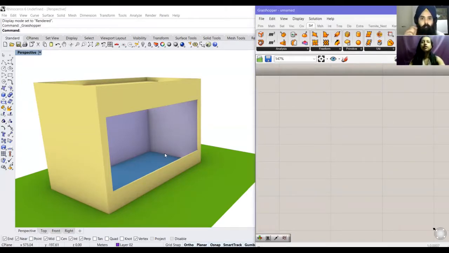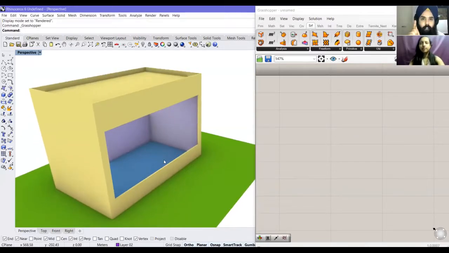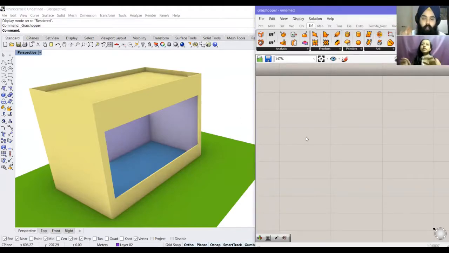For the viewers, what you type on the right side in Grasshopper is going to be displayed on the left side in Rhino. The preview is on Rhino. There's a concept in computing called what you see is what you get, and that is not in Grasshopper as such. The output of Grasshopper is going to be shown in Rhino. So you only give your input in Grasshopper to get an output in Rhino.